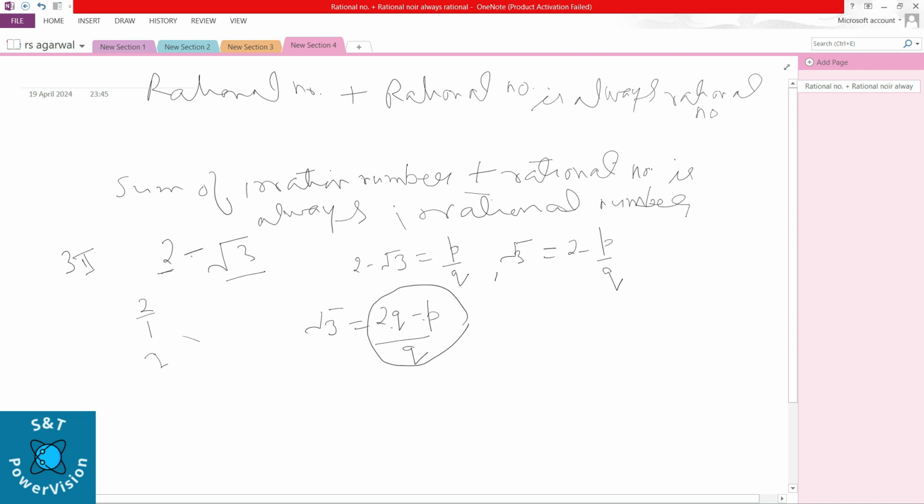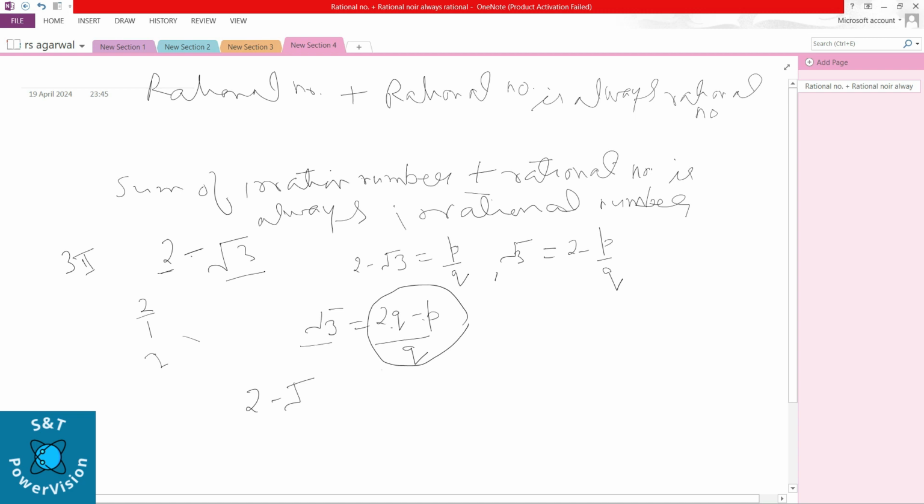So 2q minus p, since p and q both are integers in the simplest form, is also a rational number. But here root 3 is an irrational number. So both are a contradiction of each other. So it means 2 minus root 3